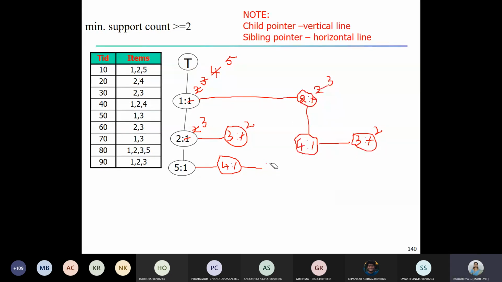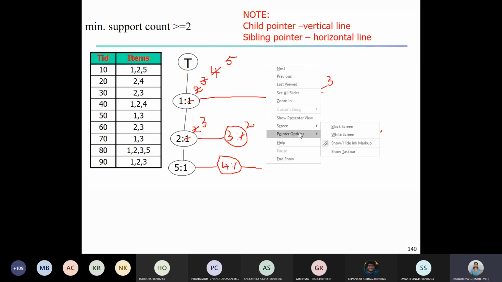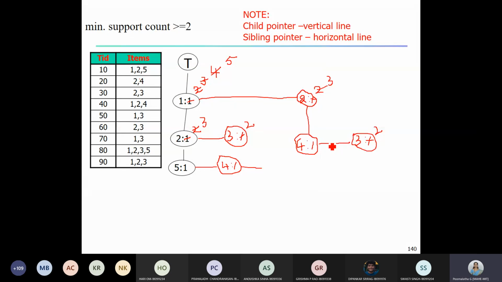So this is 3 with the count 1. I cannot write 3 here because I don't have a place. I cannot write 3 to the left of 5. Please note this. We are inserting the transactions from left to right in the same order as they are appearing in our database. That's how we are able to get the unique FP tree.